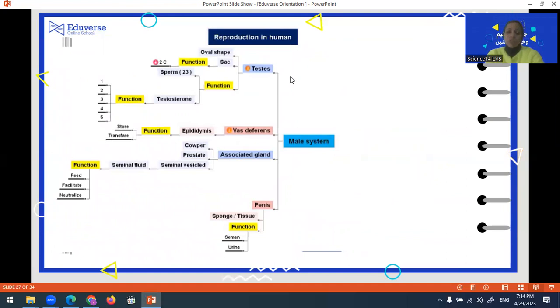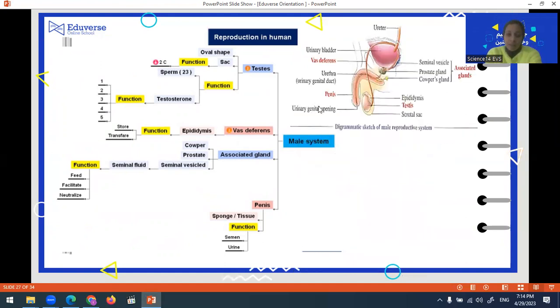Okay, let's talk now about the reproduction in human. Let's talk first about the male system. Okay, please, all of you look at this figure. We have four main parts for the male reproductive system. Please concentrate. We have a side section, so here we have two testes, but in this figure we can see only one